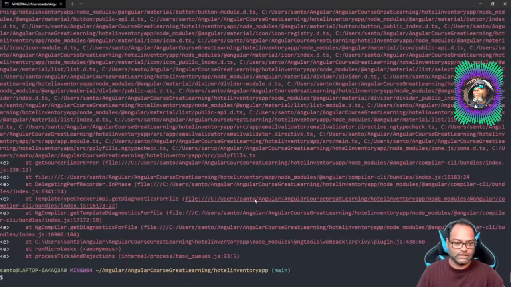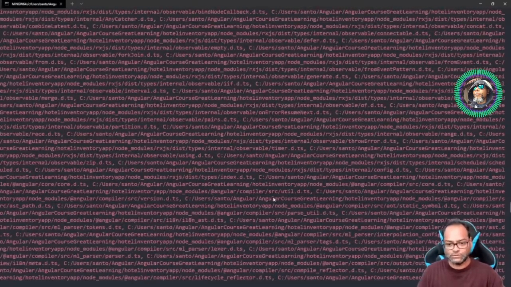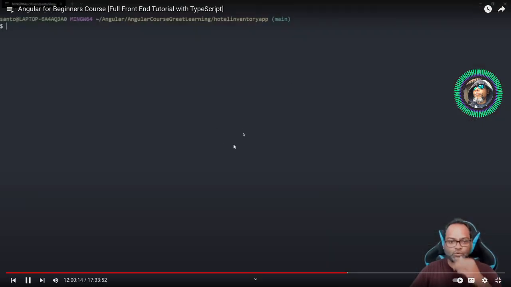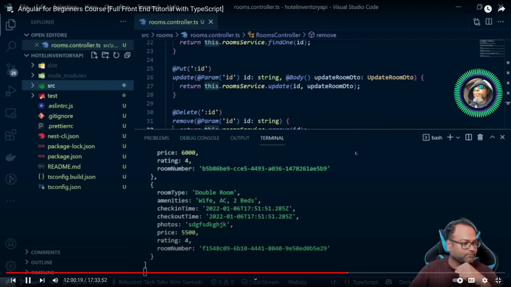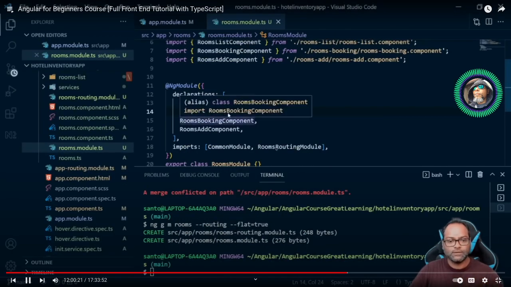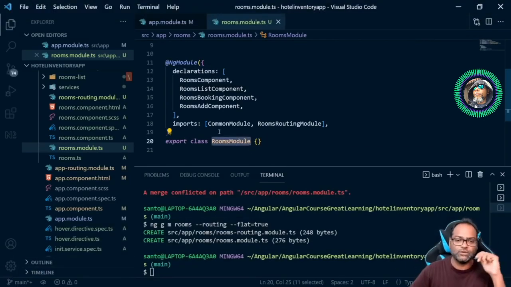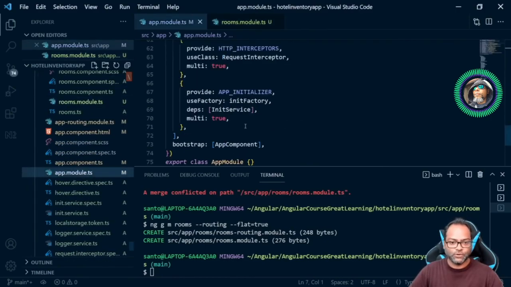So now let's close this and see what needs to be done more. We have moved all the components here, and as we have created just a feature module, what we can do is go ahead and register this rooms module into